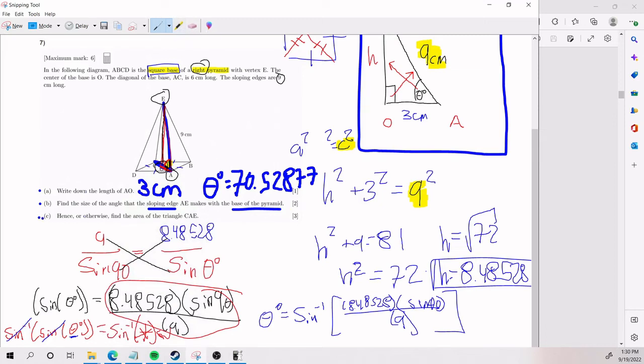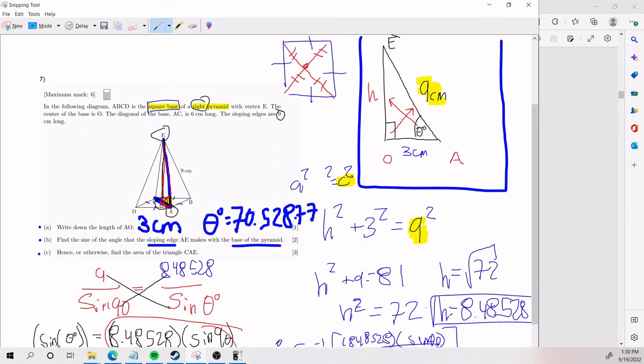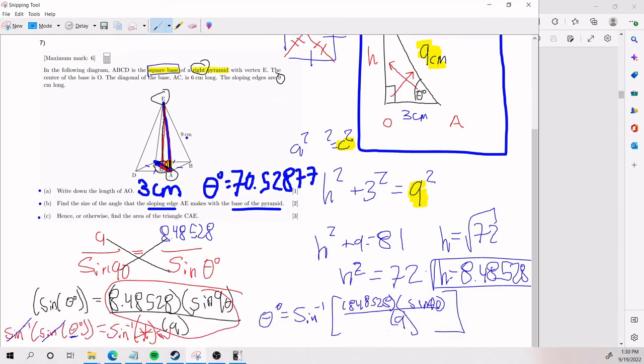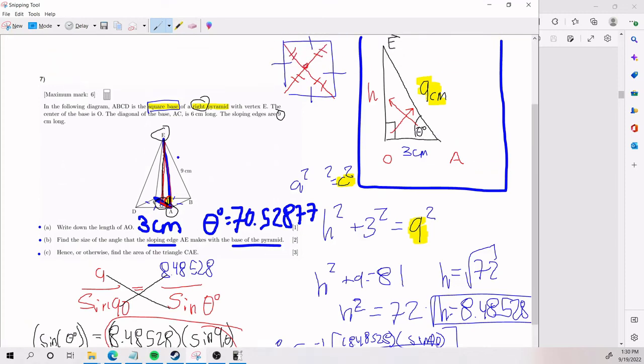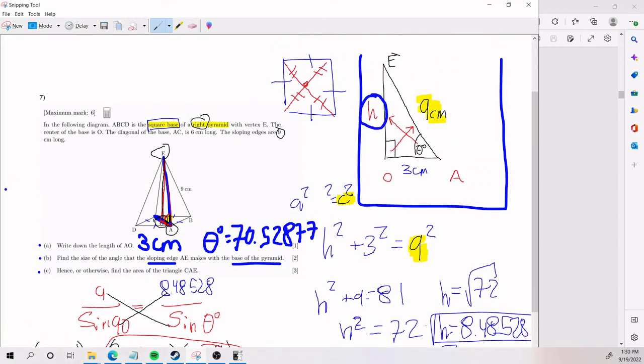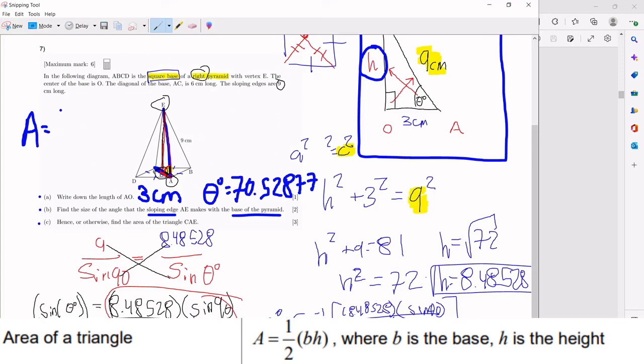Finally, we have hence or otherwise. Find the area of the triangle CAE. ¿Cierto? So CAE goes back to the bigger triangle. ¿Cierto? So how can I find the area of that triangle there? Again, there's a couple of ways. I think the simplest one is the following. Because it's a right triangle, you have the height, ¿cierto? We did find h. And so you can use the classic base times height divided by 2 for the area